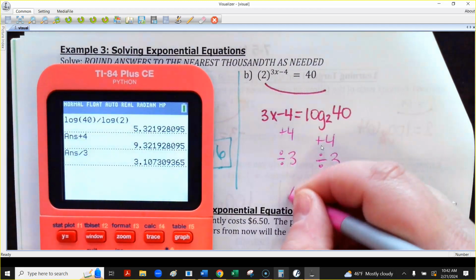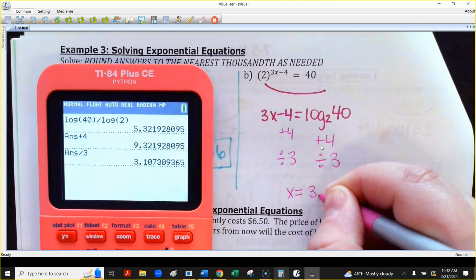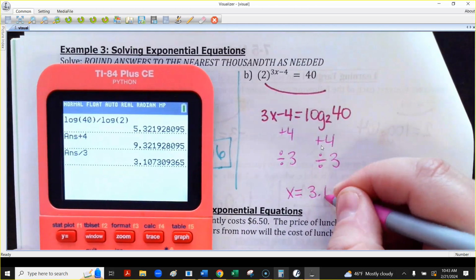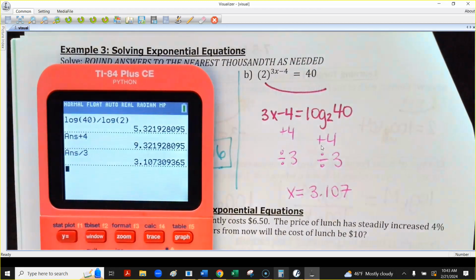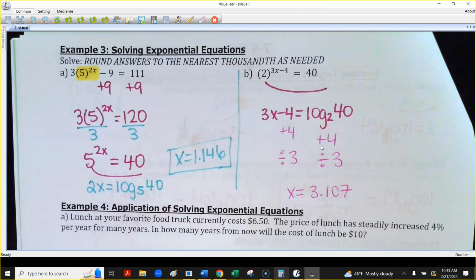Just keep it right on the calculator screen because you don't want to round multiple times as you go through the problem because that's going to make it inaccurate. I'm just rounding to 3 decimal places at the end. Does anybody have a question? Okay. Now, these last 3 are a little tricky because we're going to have to set them up, but it's